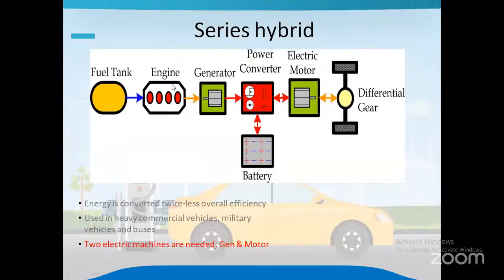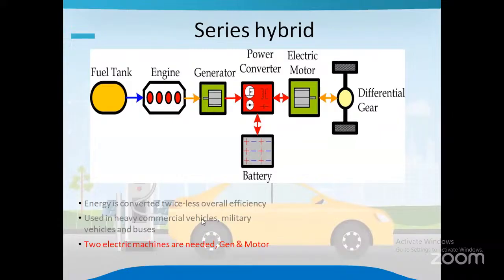In this example, if we properly analyze, from the engine we'll be getting one source of energy that is converted into electrical. From the battery, we are getting one source of electrical energy. Whenever both the energy sources are getting combined, at that instant, that energy will be given to our vehicle. So here the vehicle is running based on the power given by both the battery and the engine. Here I'll be using multiple sources combinedly, or I am hybridizing multiple sources